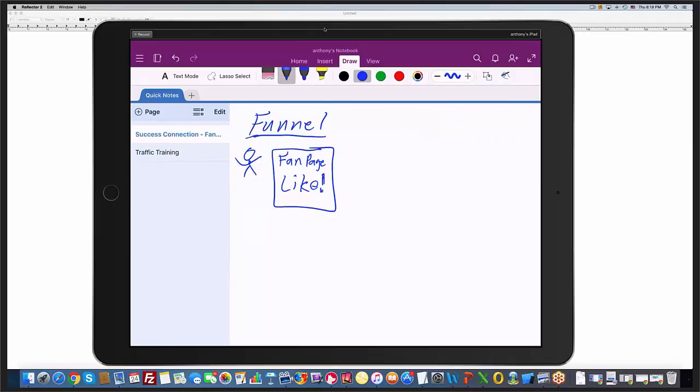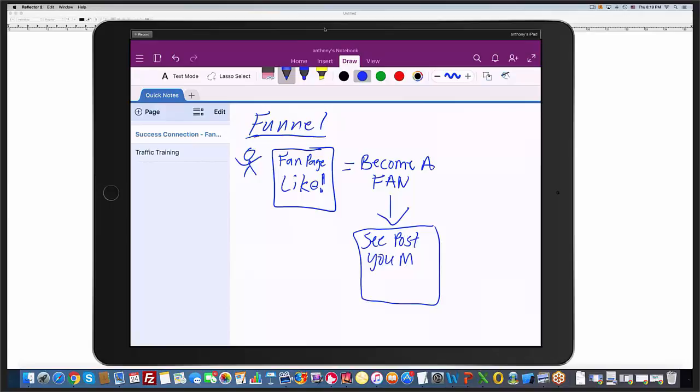Okay, and when they press this like button, they become a fan. Okay, now once they become a fan, here's the cool part. They see all the posts that you make, okay, that link